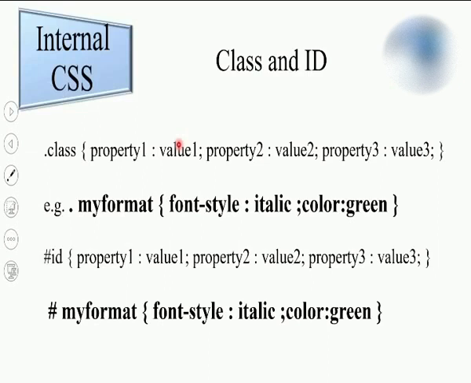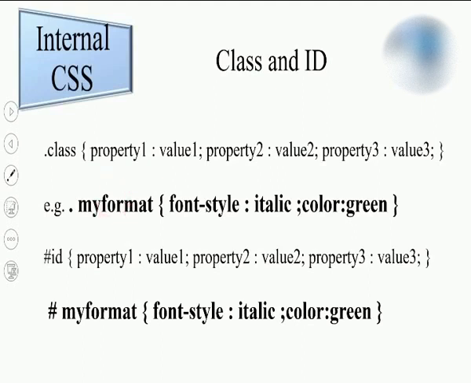Now what if I want to write this in my code? I just gave the name myformat. Students, you can give any name as you wish. For example, I wrote over here dot followed by the myformat keyword. You can make use of dot ABC or dot XYZ, or you can write dot and your name or dot mystyle. Whatever you want to give over here is your choice, but that should be without a space. So this is the name of the class.